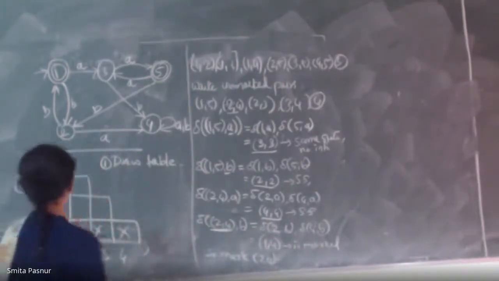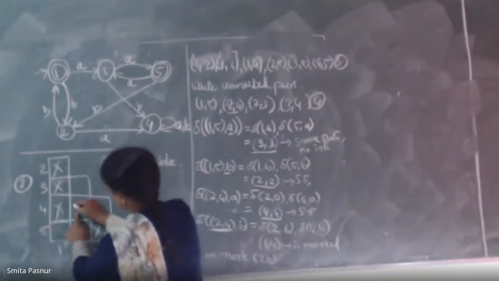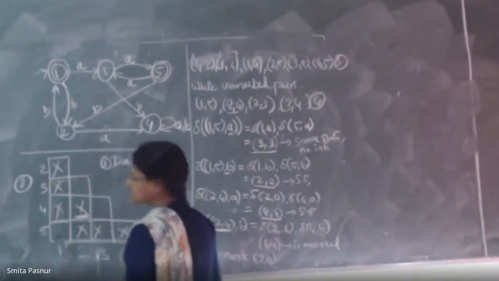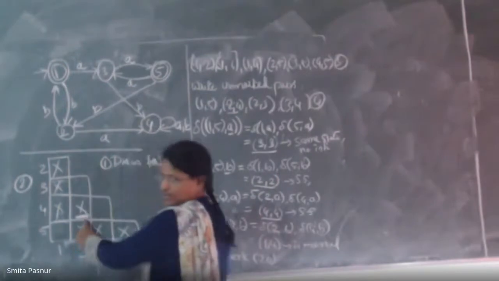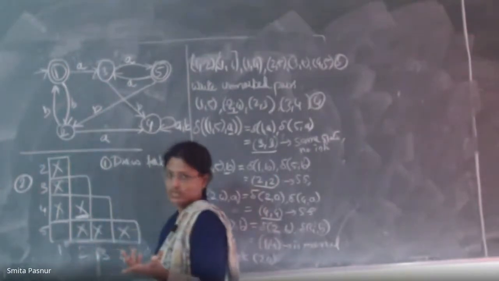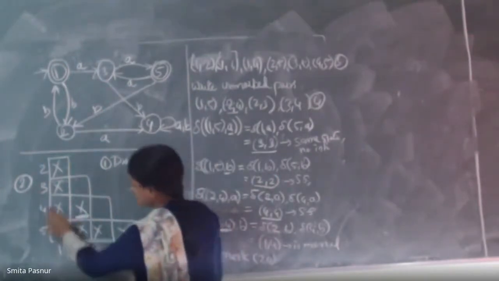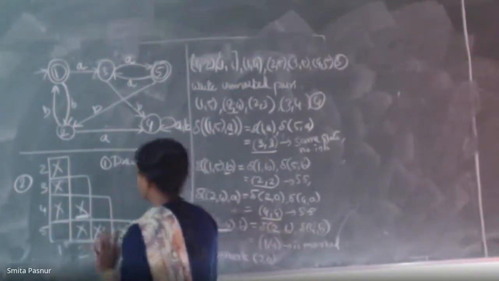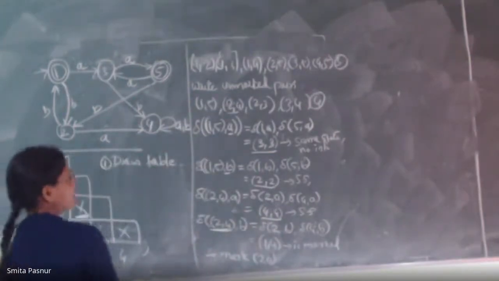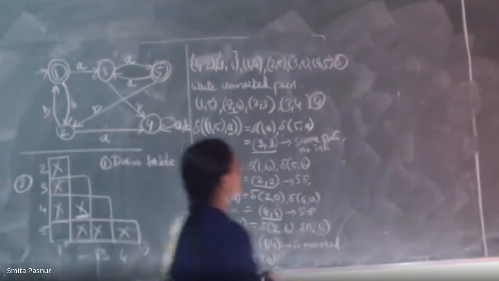Then you have to come in the matrix. 2 comma 4 is here. So you mark it and put some other sign. I have just made an underline here. You can use another symbol also as I told you. Got it? So this is what I got marking now. Got it? All of you? Is it clear now?